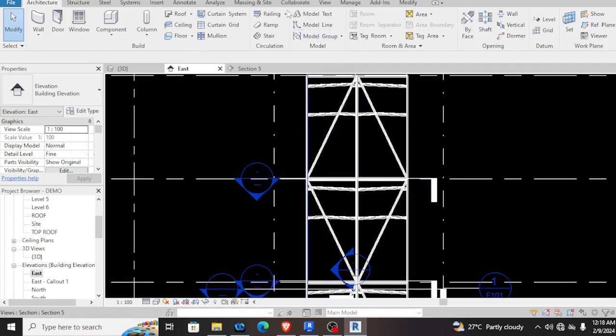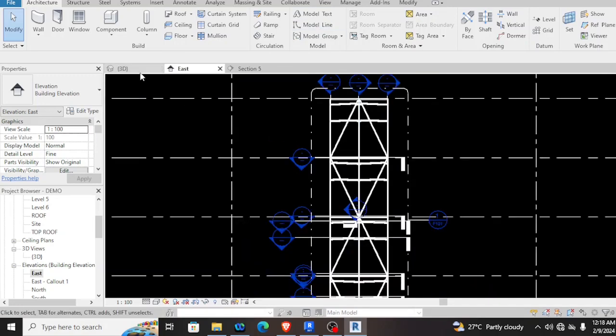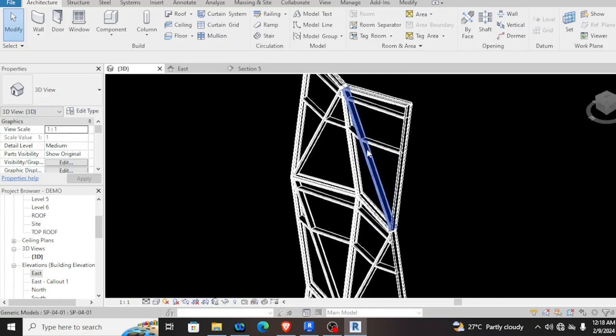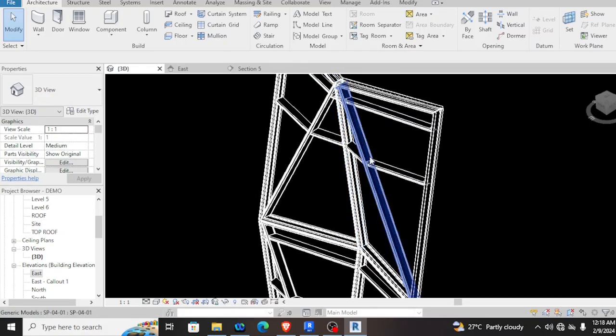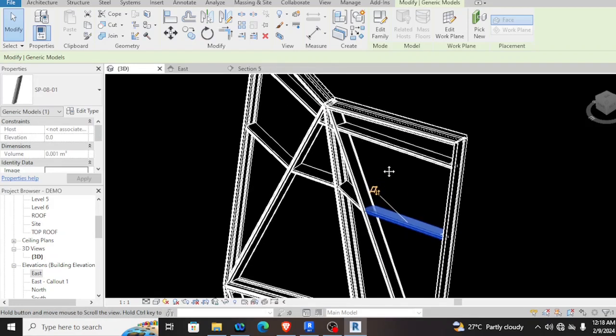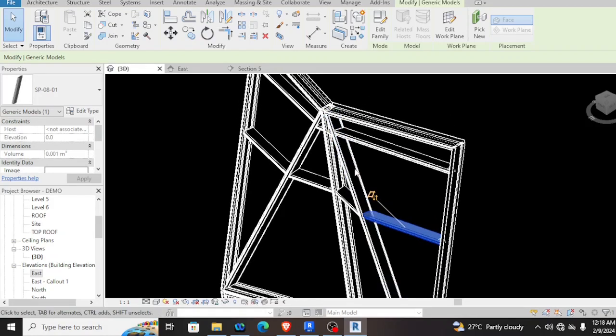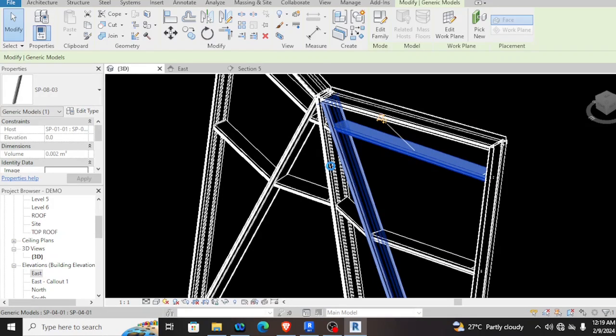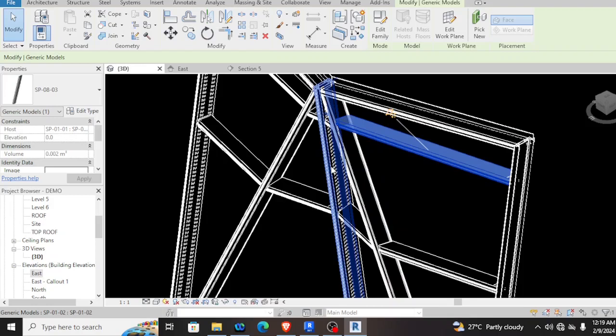I made this video in Autodesk Revit 2019. If you 3D this one, look, it's not your typical curtain wall. First of all, it's per parts. No one can do this in Revit, but only me. This is the first video you can watch where every part of the unitized curtain wall has names.